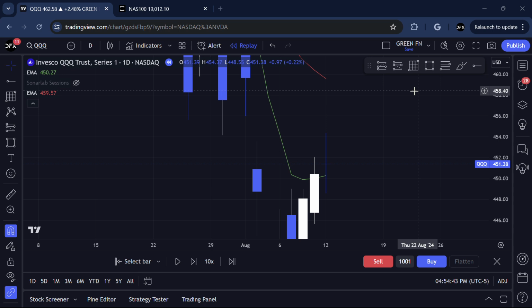What's up, guys? So I just wanted to go over the trade recap for today and also yesterday. So yesterday's trade was on QQQ and also on NAS 100, and then today's trade was just on IWM.